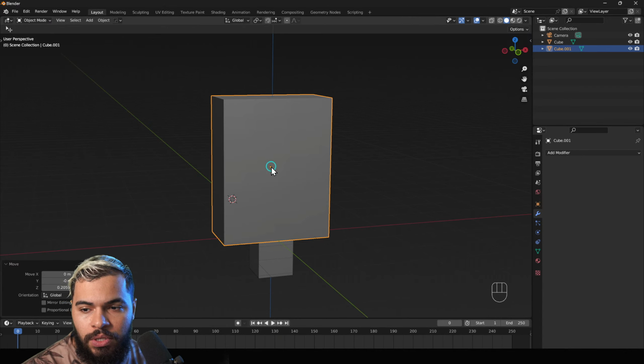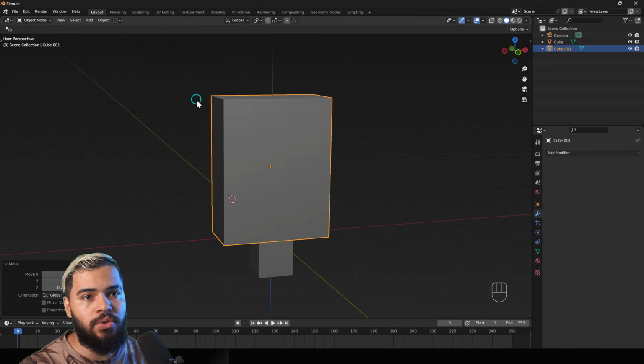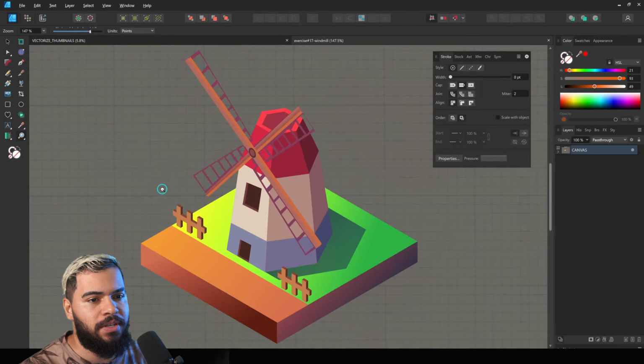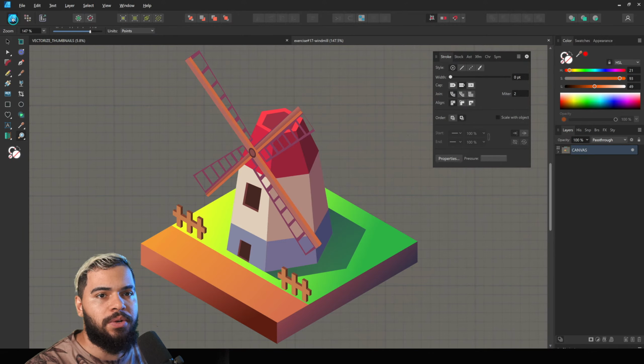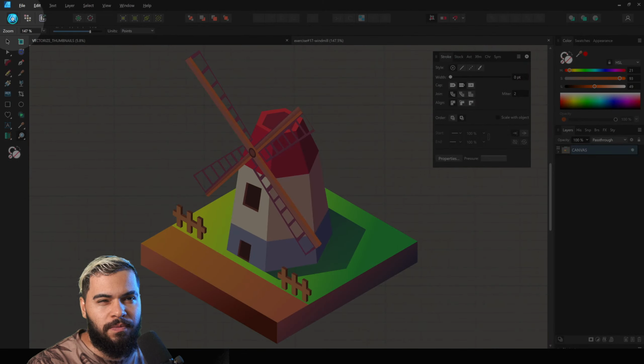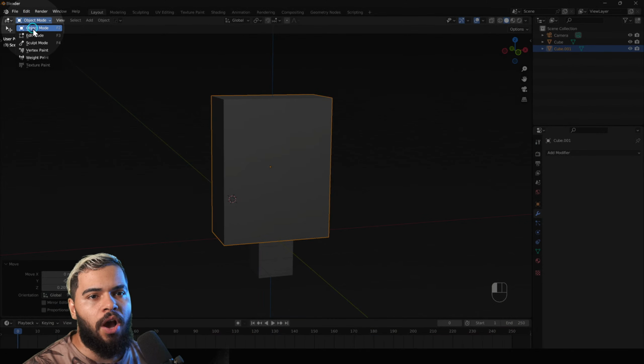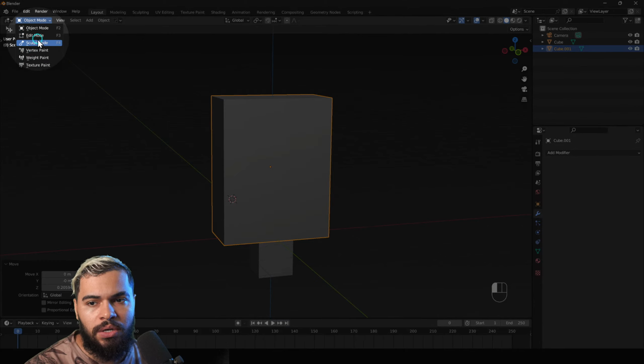And then, guys, I'm going to show you the edit mode, and what this is related to. If I give you a comparison with Affinity, I think that most of you are familiar. Here we have the vector persona, the designer persona, and the pixel persona. Here in Blender, we have almost the same stuff. We have the object mode, the edit mode, and other modes that you can work on.